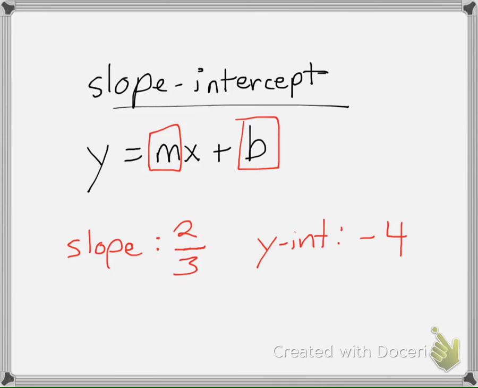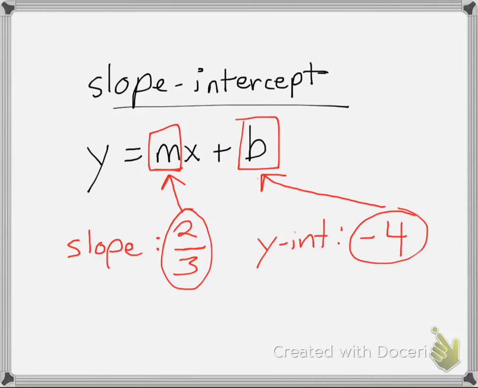Now this is pretty simple because all it is basically plugging in. If m is our slope and our slope is 2/3, then we're going to plug that in there. And if b is our y-intercept, and we know our y-intercept in this equation is going to be -4, we plug that in there. So the equation for this line would look like y equals